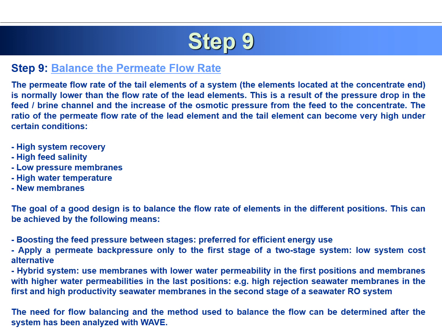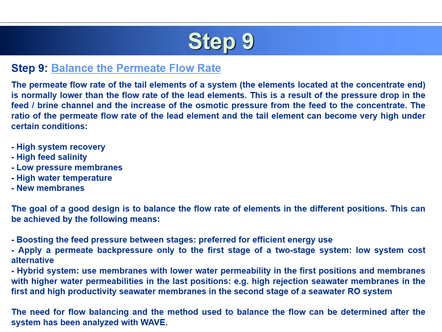Lower system cost alternative, hybrid system: use membrane with lower water permeability in the first position and membranes with higher water permeability in the last position, namely high rejection seawater membrane in the first and high productivity seawater membrane in the second stage of a seawater RO